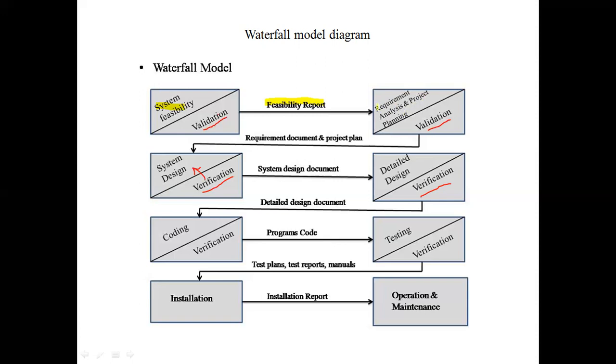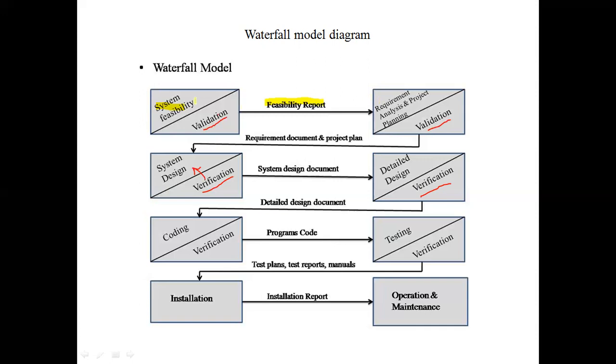Now here we enter the next phase. As you can see, the direction of arrows is unidirectional. That is, you are coming from left to right or you are going from top to bottom. There is no arrow which is reversing the flow or going back to the previous phase. So one thing which you should study and remember is no phase can be reversed, no direction can be reversed. If you are developing in one direction, you have to proceed in the same direction and no coming back. This is a basic feature of the waterfall model.